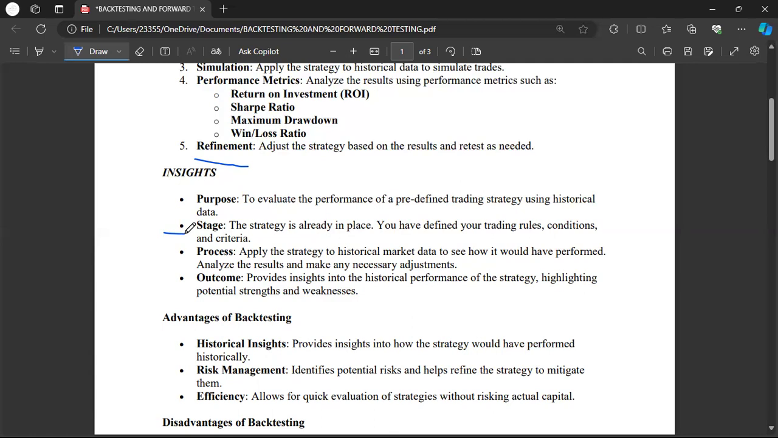Analyze the results and make any necessary adjustment. The same thing. Now, let's look at the outcome. Provide insight into the historical performance of the strategy, highlighting potential strengths and weaknesses. So backtesting helps you know the strength and weakness of a particular strategy,